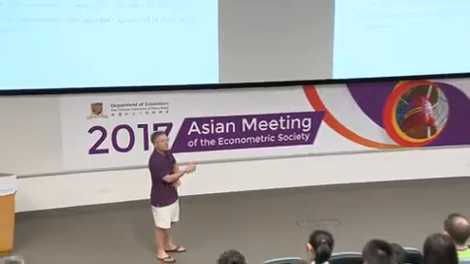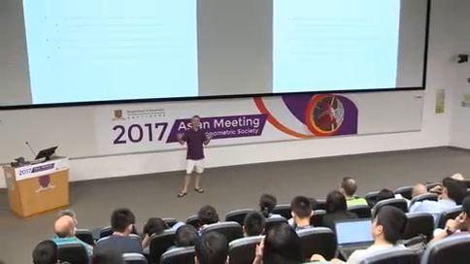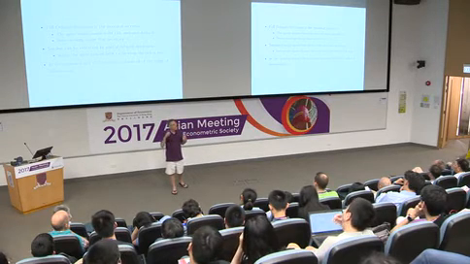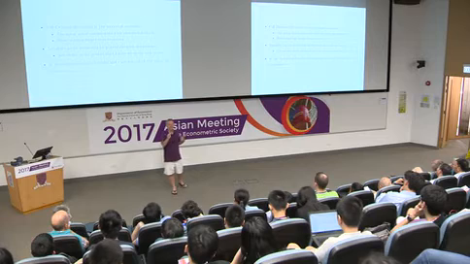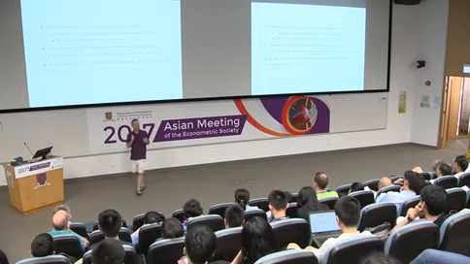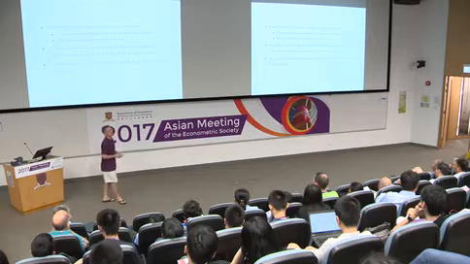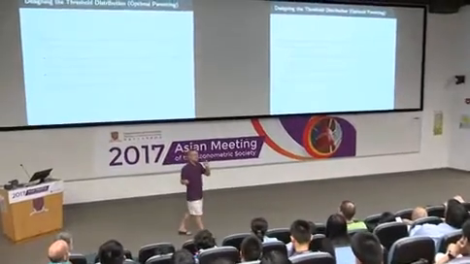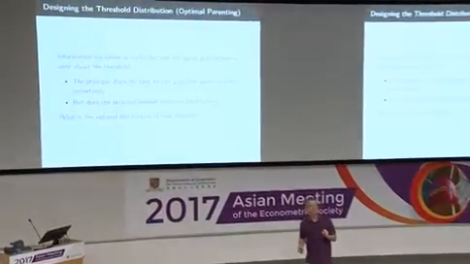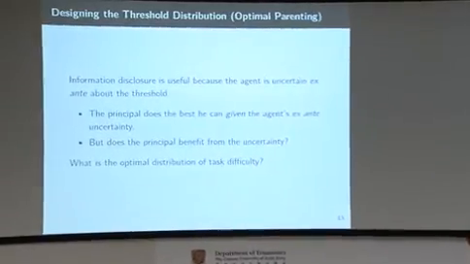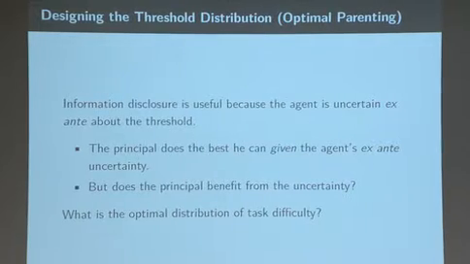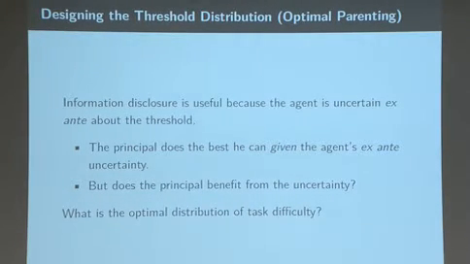In either of these cases, the principal creates value in the relationship through his disclosures. Information is valuable, but the principal extracts all of the value of that information by choosing the disclosure to be just noisy enough to keep the agent at the agent's participation constraint. Okay? So in this mechanism, the principal makes use of the fact that the agent starts out with some uncertainty. Okay? And information disclosure is useful precisely because the agent starts out with that uncertainty. Okay? The principal does the best he can given the agent's ex-ante uncertainty, but the question is,